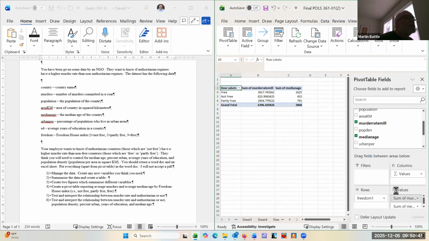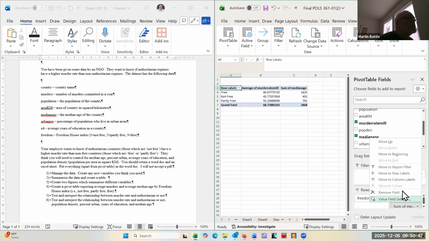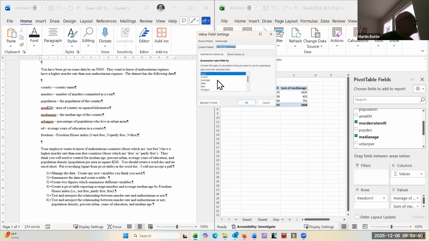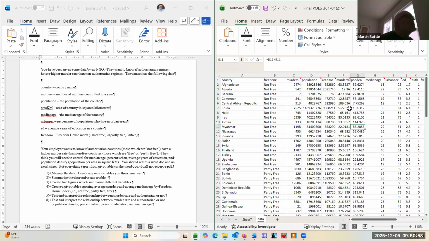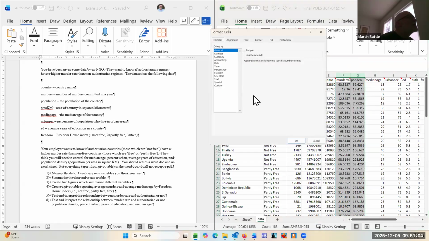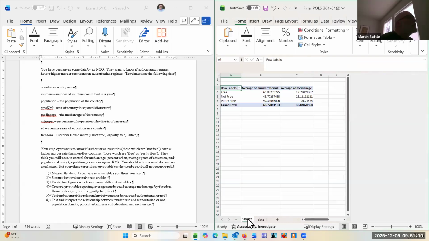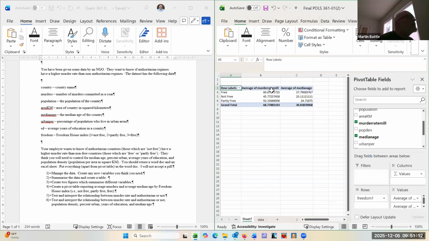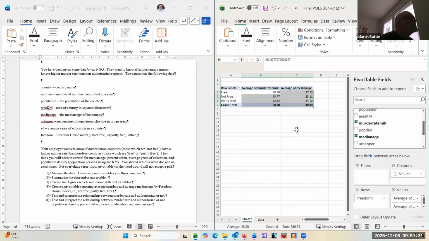I'm going to change that to average, and I'm going to change that to average. Oh, something I should have done. Both of these, format the cells, these cells to two decimal places. Yeah,